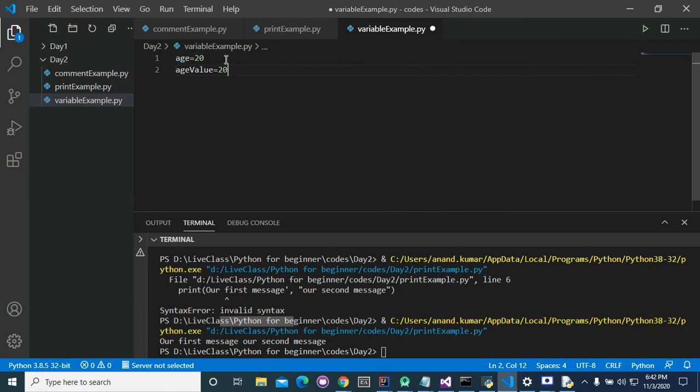Now you can see the difference between these two. The first one is telling us that age is a variable which is storing the value 20, and the second one has the same message, that age value is equal to 20. Which one should we write? Age = 20, because there is no meaning in age value.